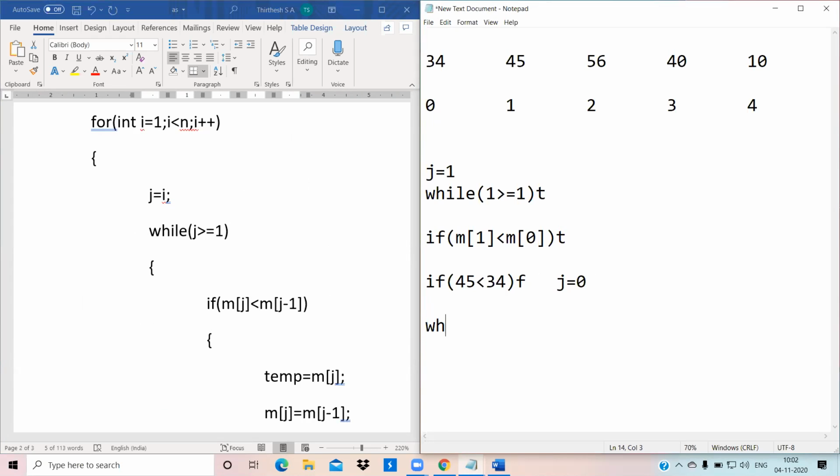While j, 0 is greater than or equals to 1, what is that? It is false. So once it is false, it will move to the for loop. Now i increments. Previously i was 1, now i becomes 2.